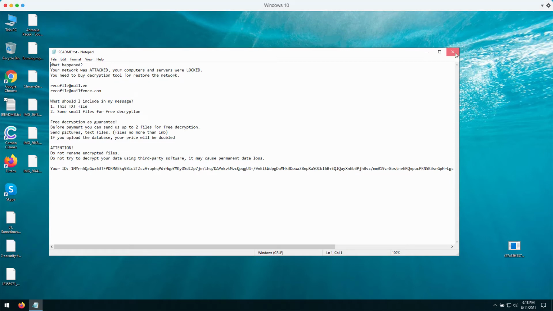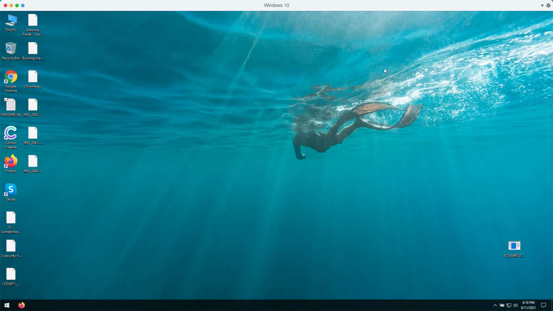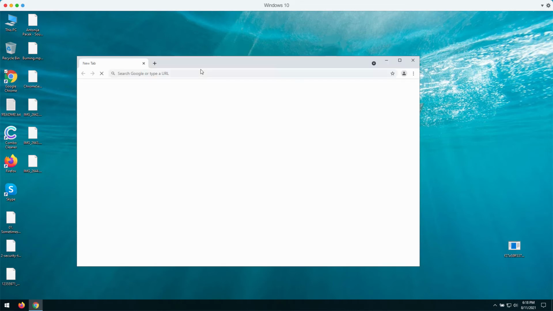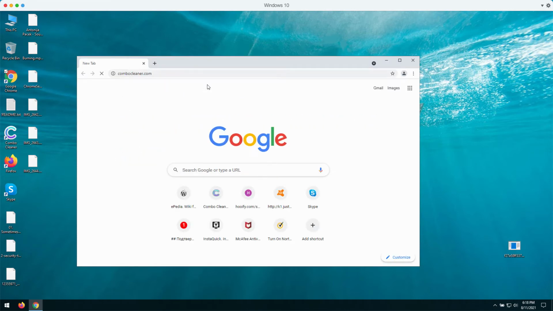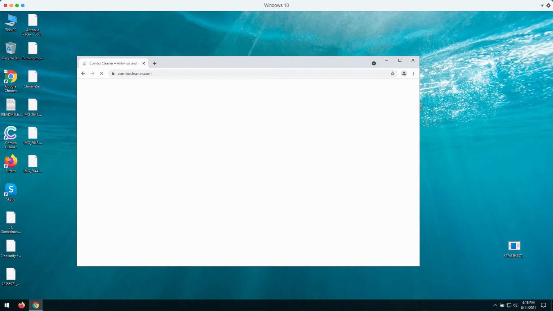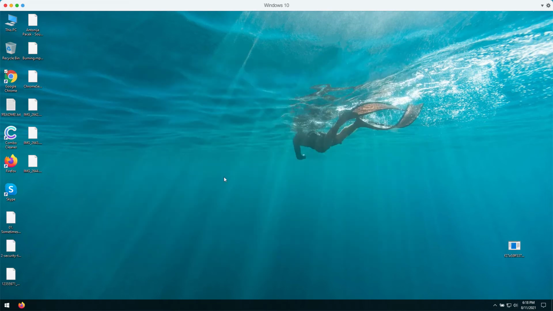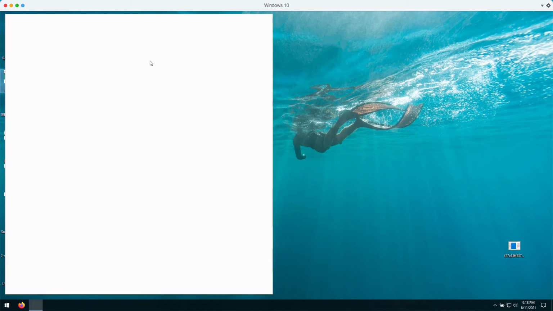So do not pay the ransom. This is risky and you may lose your money for nothing. I would recommend that you scan your computer with the program called Combo Cleaner that will help you to neutralize this BeijingCrypt ransomware. So go to the page